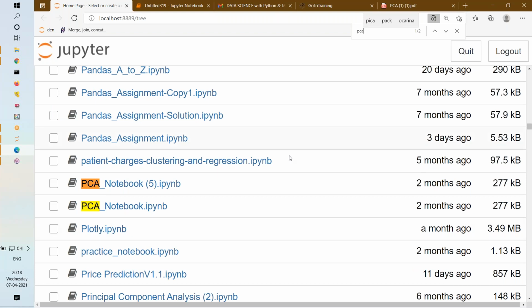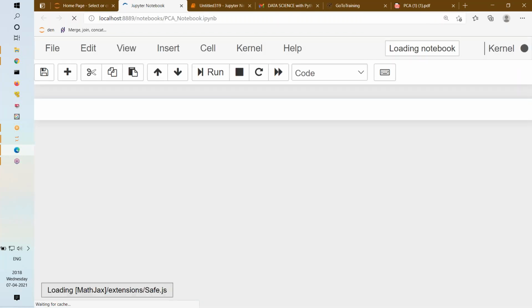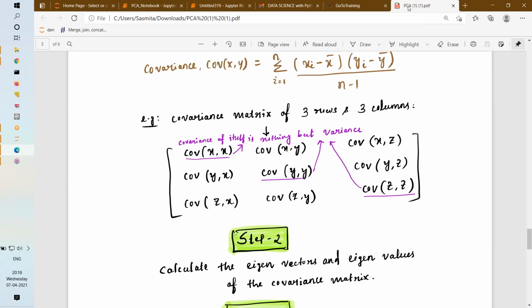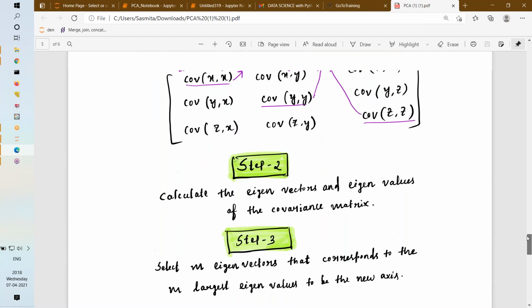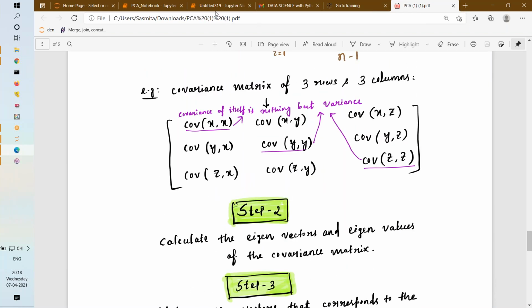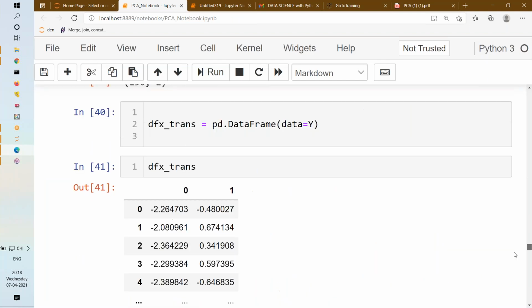Let me open one second. Let's say this is complex math, remember 3 steps. Again, I'm showing you. Step number 1, covariance, eigenvectors, eigenvalues. It's a complete matrix operation, a lot of matrix operations we are doing. And finally, we are doing matrix multiplications, right? So 3 steps. So what I'm doing here in PCA, I'll go down and directly I'll show you the sklearn